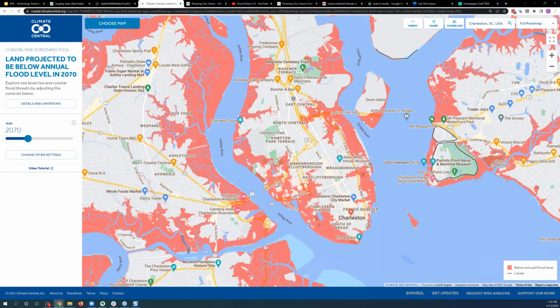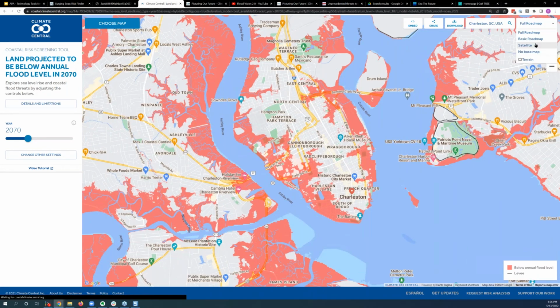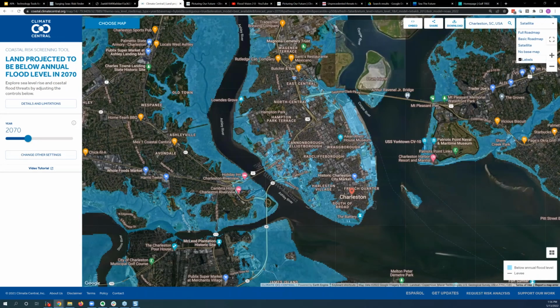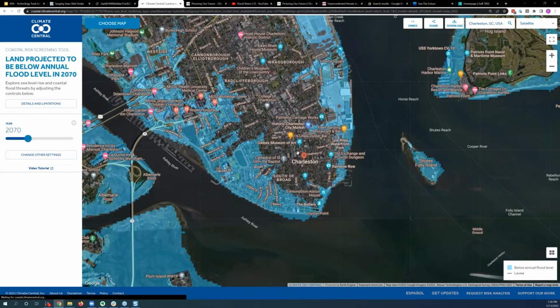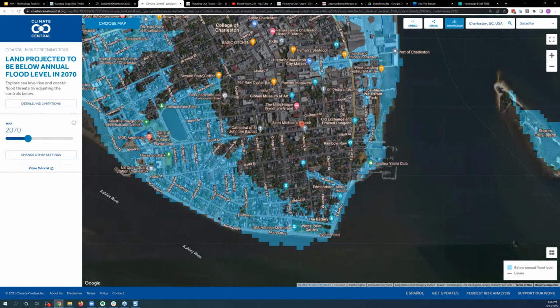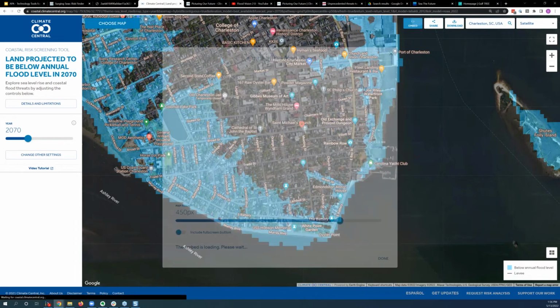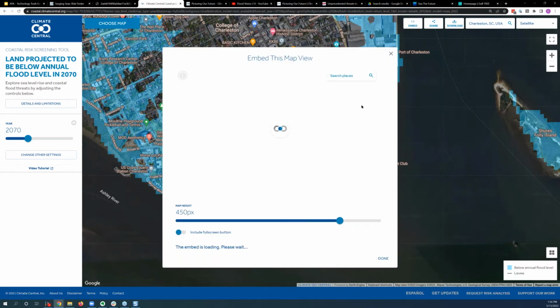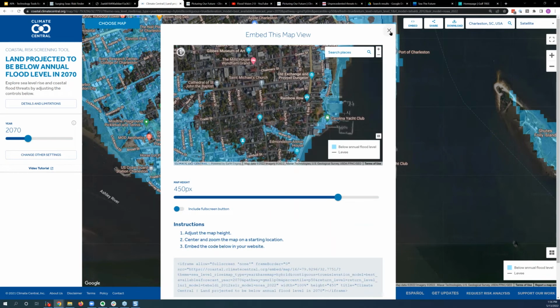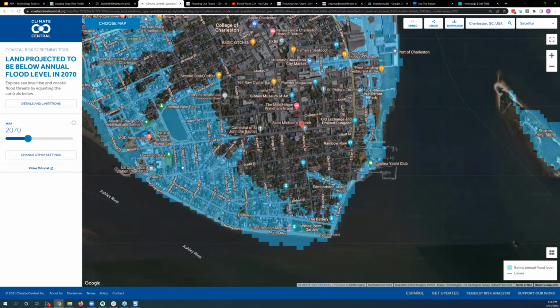Given we use the Google Maps front end, you can use the satellite view and view things in that way. You can really zoom in and get a sense of which locations are where. You can download images and use them in your work. You can share them on social media. You can also configure the map and embed it into your site. I know there's a lot of communication needs within FEMA's CRS Activity 300 series, I believe. So this is an example of how you could embed our maps in your site if that's useful to you.